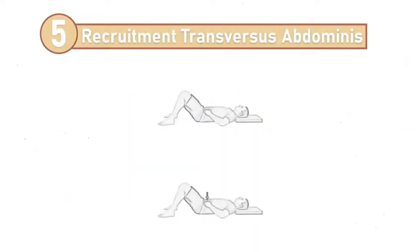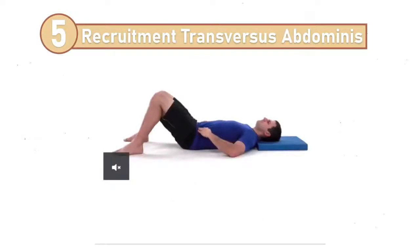Exercise number 5, recruitment of the transverse abdominis. Lie on your back with your knees bent and your back in the neutral position. Place your hands on your lower abdomen and maintain a steady abdominal breathing while you activate your lower abdominals. By bringing your belly button inward, you should feel a slow and deep tension under your fingers without any superficial